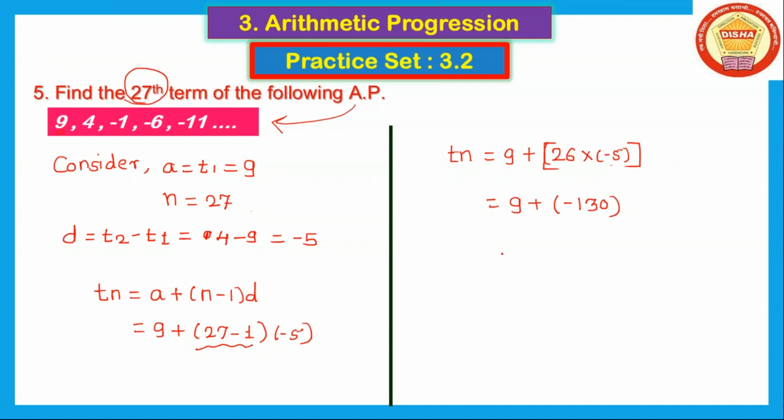-130. Okay. Then here both numbers have different signs. 9 has a positive sign and here is also a negative sign. Means the operation between these two signs is taken here. Means 9 minus 130. Therefore, which term do we take here? 27. So we write here T27 is equal to -121. And this is our final answer. See, the question is asking to find the 27th term of an AP. And here we find the 27th term of an AP is -121.